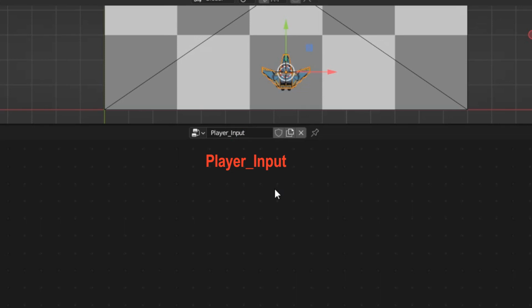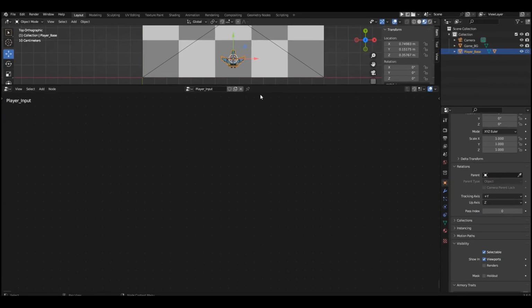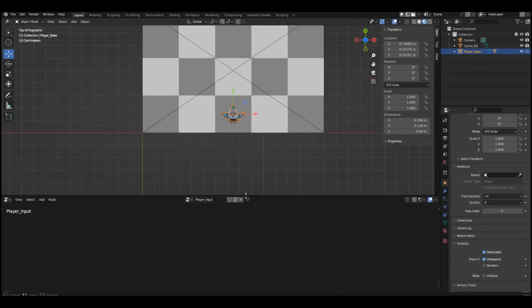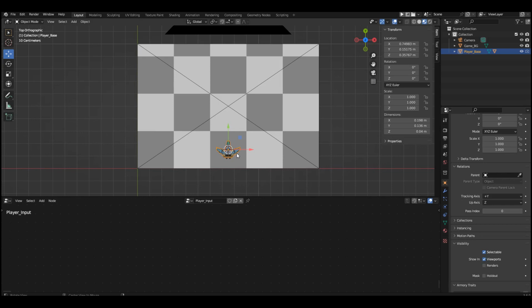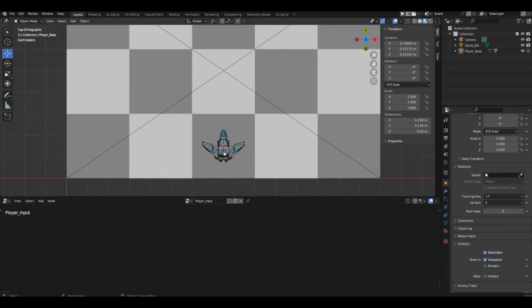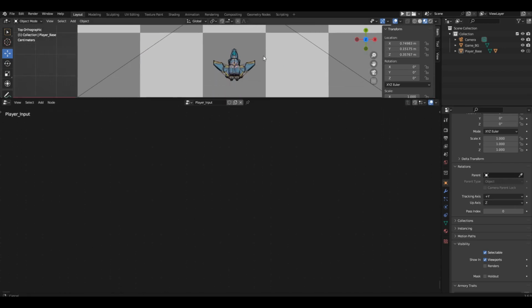All logical branches names must start with a capital letter. In this script, we will gather all the reactions of our spaceship to keyboard and mouse input. The first thing we'll make it do is move forward. To move across the screen, we'll use the standard template of forward, backward, left, and right. Like in a first-person shooter game or like in Minecraft, depending on what's more familiar to you.